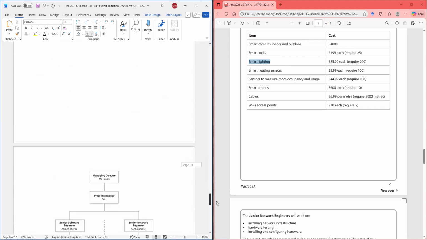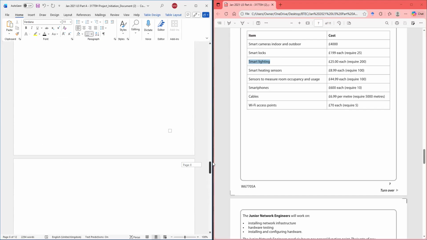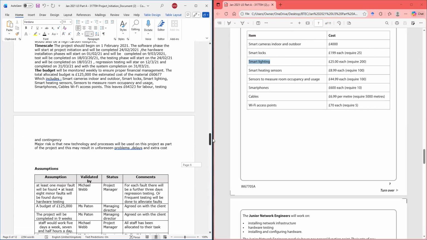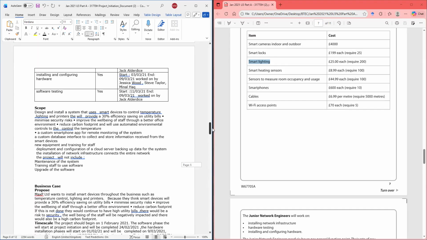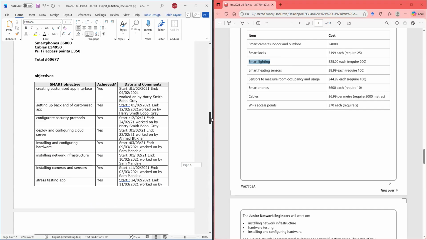We have just completed the entire PID. And guys, it's not limited to what I am doing here. If you understand, read thoroughly and try to understand the different sections, you should be able to do this within probably about 2 hours. But you have to practice, you have to read through, you have to gain an understanding. All right? Know the difference between the assumption, the risk, and the constraints.